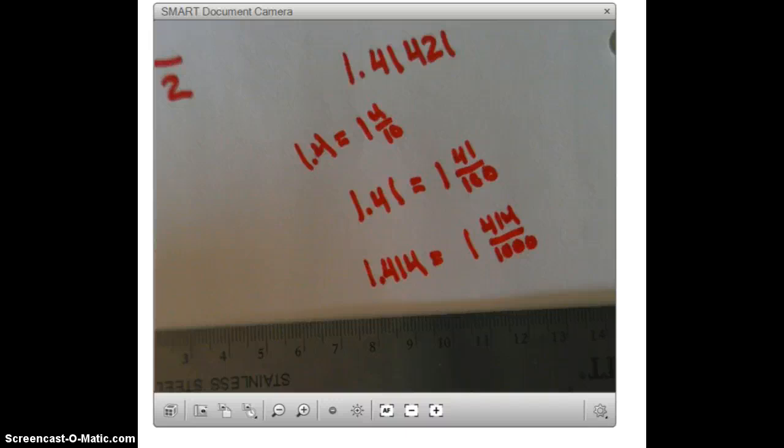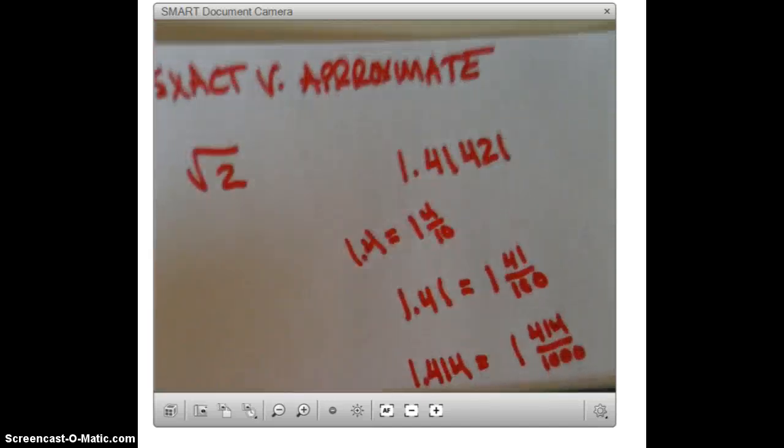1.414, which would be the same as 1 and 414/1,000ths. And so what we would need to do to find that on a ruler is we would need to break the centimeter, for example, down into 1,000 parts, and you would have to find out where 414 is out of 1,000. I guess that would be okay if we had to stop there, but the problem is that when